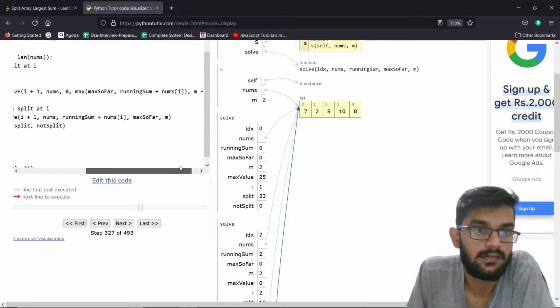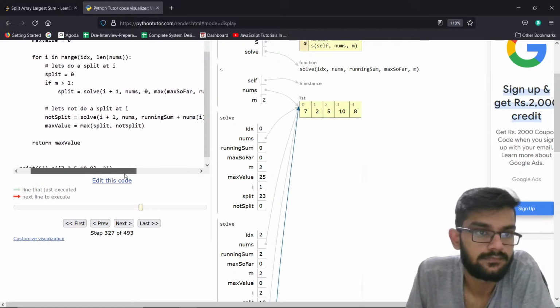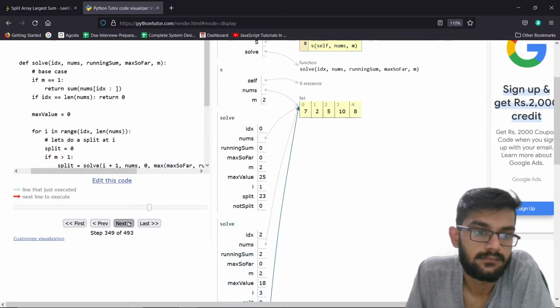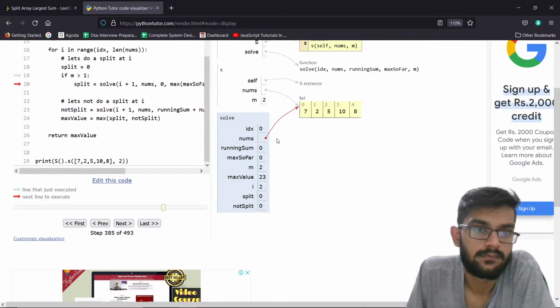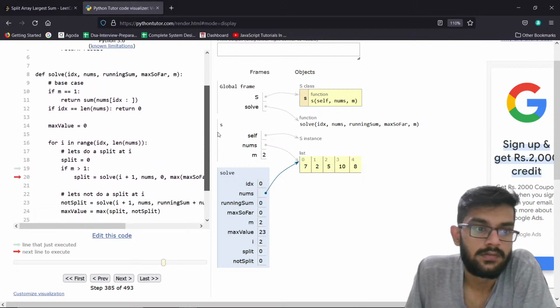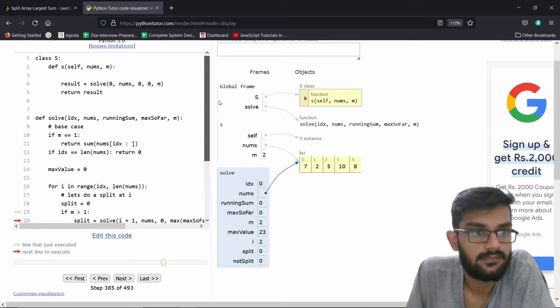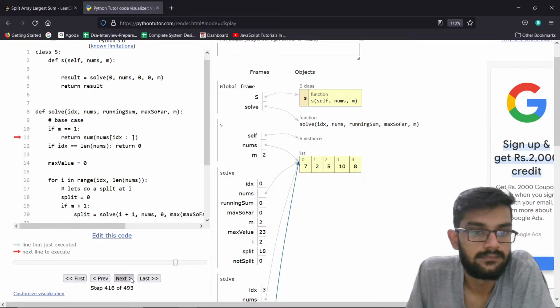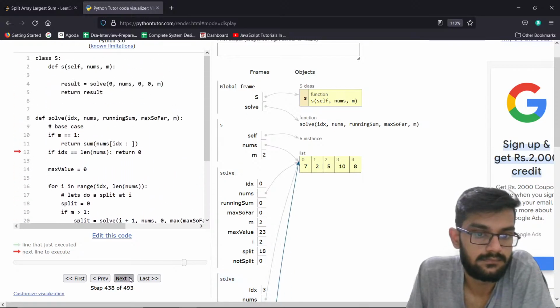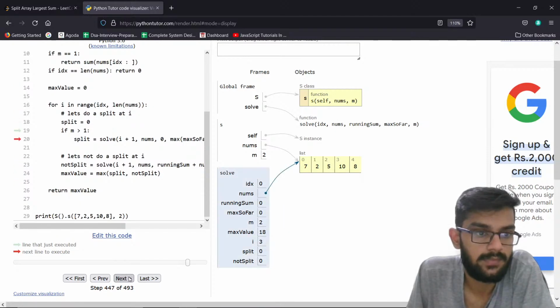यहाँ पे मैंने कहीं गलती किया है क्या? यहाँ तो सही दिख रहा है। सो एटलीस्ट मैक्स वैल्यू 23 तो देगा, वो भी नहीं दे रहा है। हम्म। मैक्स वैल्यू 18 है। व्हाट्स हैपनिंग देन? मैक्स वैल्यू 18 आ गया देन।